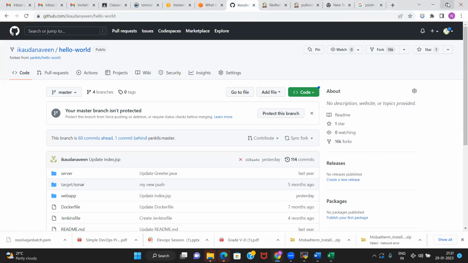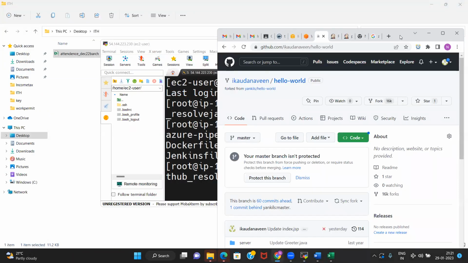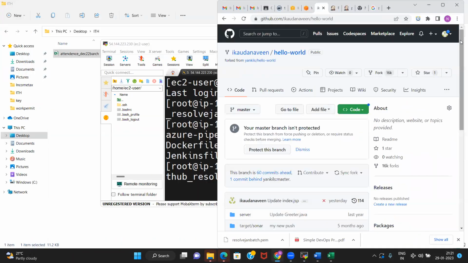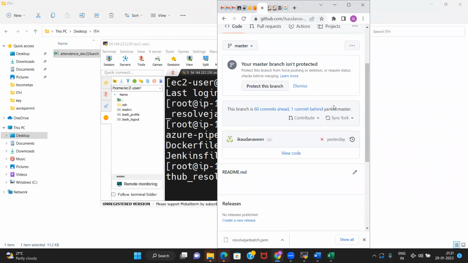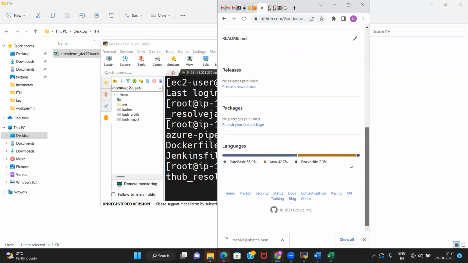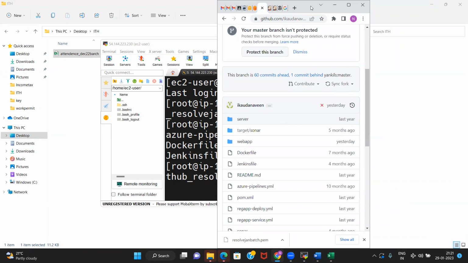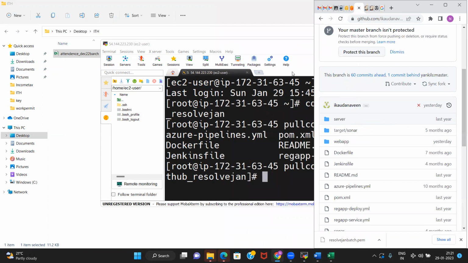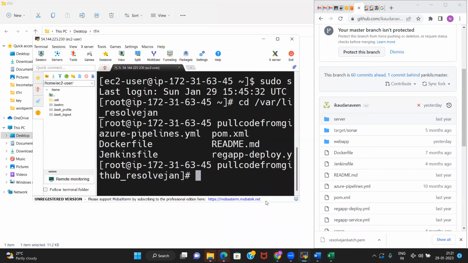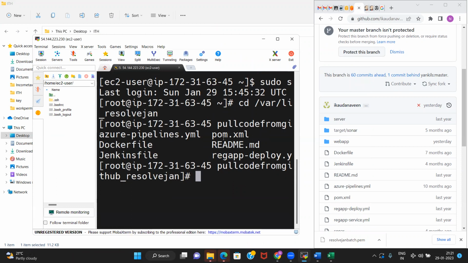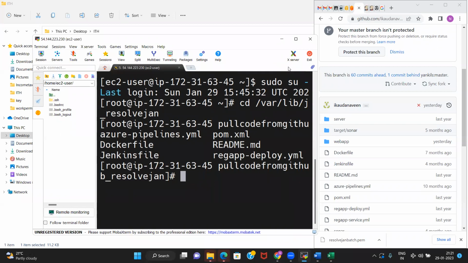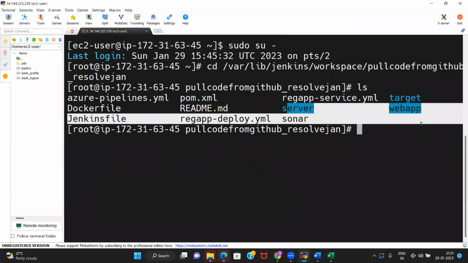You see, if you compare everything, all the different folders, all the files, folders and everything, this is copied from this to here, like server, target and everything, right?